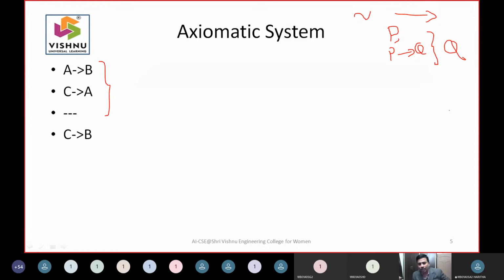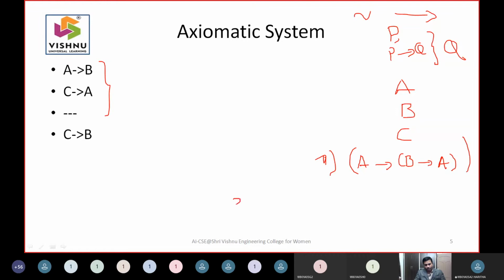If you remember, I said you have some statements: A is a statement, B is a statement, C is a statement. Then I said A to B to A is also a valid statement. This is rule number 1. In your textbooks it will be in terms of alphas and betas, but this is what the meaning is.